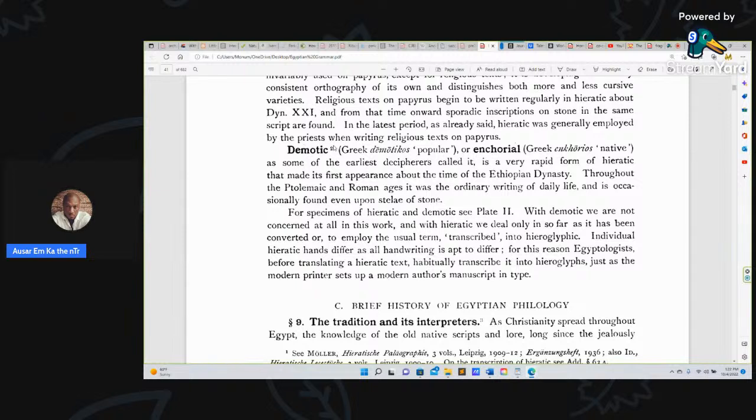and it's demotic. And where do we find the script first? Egypt. As some of the earliest decipherers called it. So remember who called it this? The first decipherers of the language. Is a very rapid form of hieratic that made its first appearance about the time of the Ethiopian dynasty, which is probably around dynasty 24 to 26. When you start to get Shabaka,